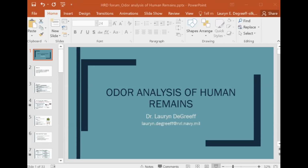But I've been at Naval Research Laboratory since 2012. I'm an analytical chemist, which is basically a chemist that plays with instruments. Conveniently, one of my instruments, as Paul showed in the picture, is detector dogs. They're my favorite type of instrument because they are fluffy and much happier. So at the Naval Research Laboratory, I started off looking at training aids relating to explosives. And now I've moved a bit more into general detection dog type research questions and also some stuff with narcotics